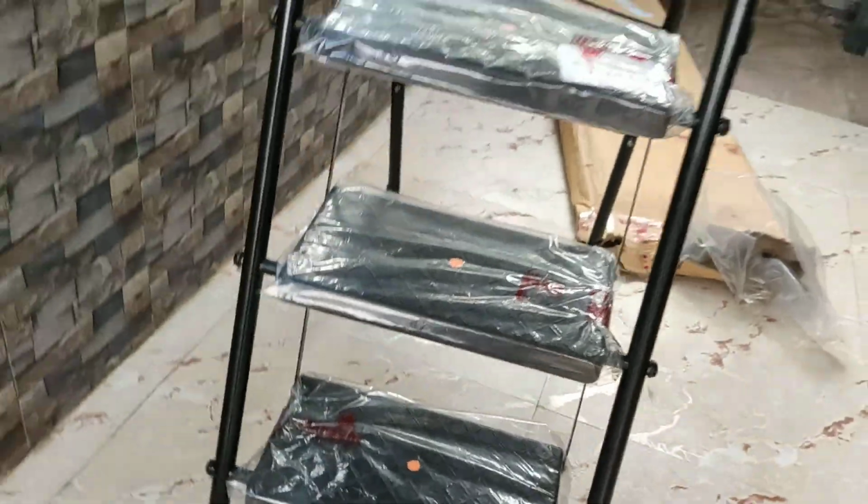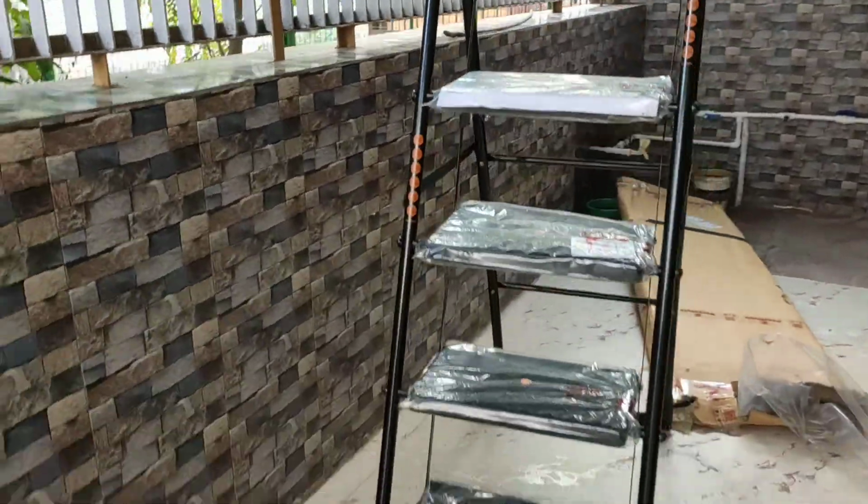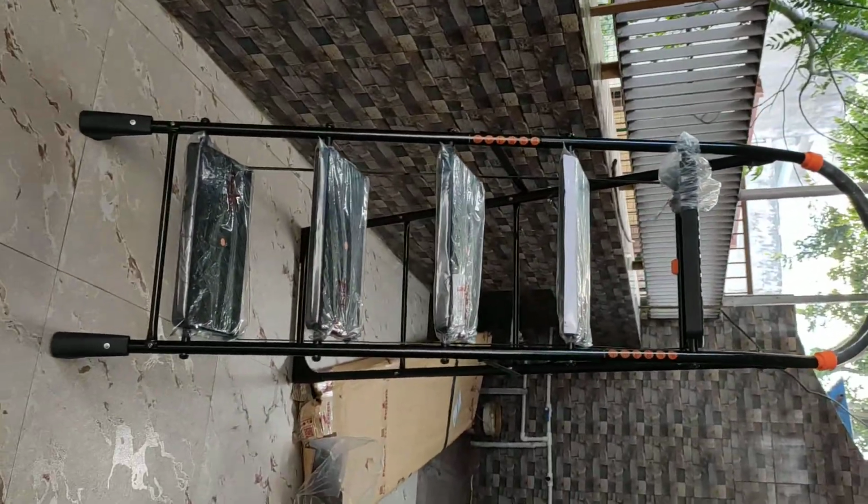So this is the gist about the ladder. So as you can see here,